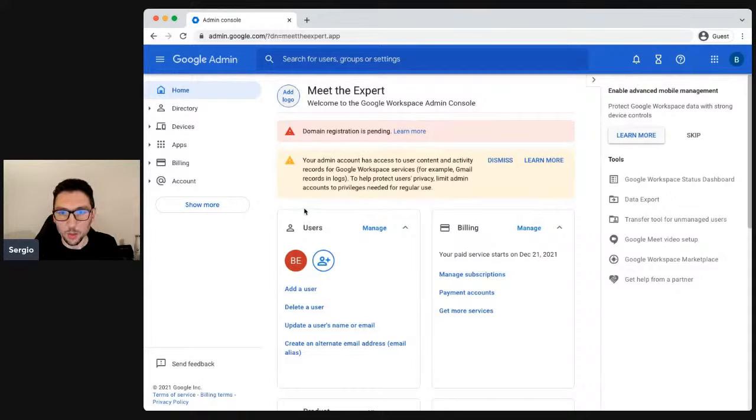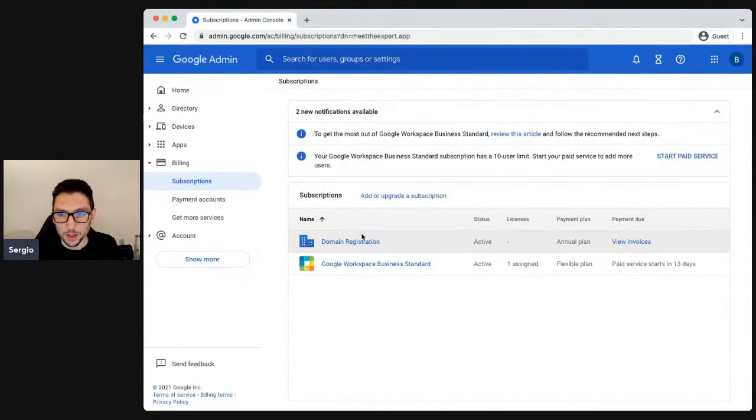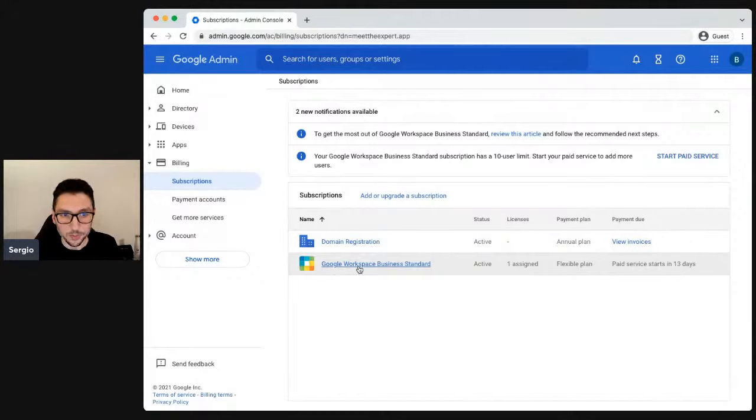Now, I want you to look at our subscriptions. So from the left menu, we can go to billing and then subscriptions. Here we can see our currently active subscriptions, and we have, as we expected, the domain registration subscription and the Google Workspace Business Standard subscription.